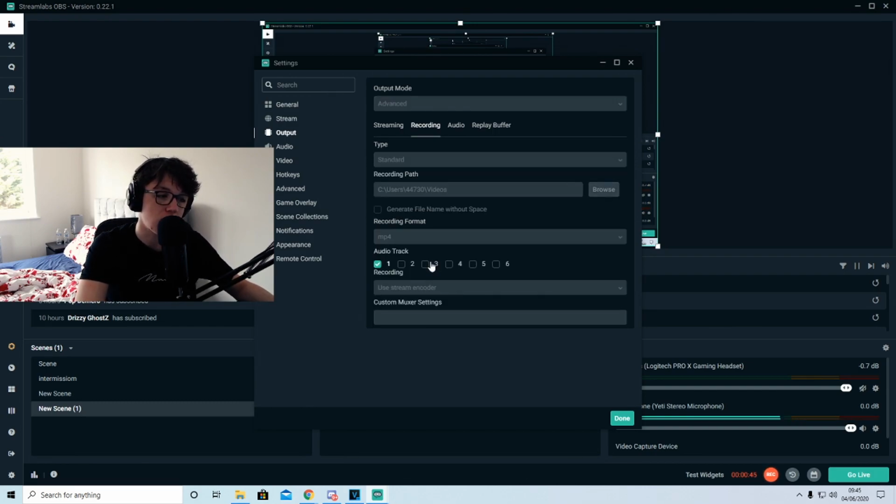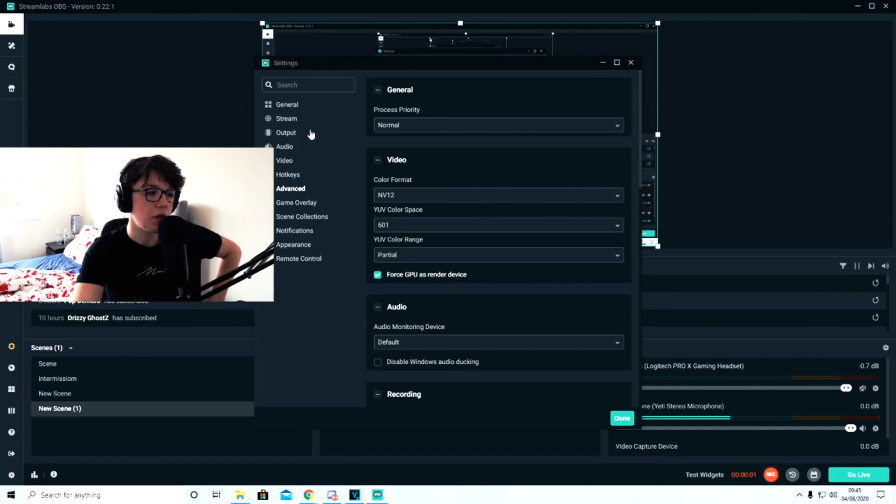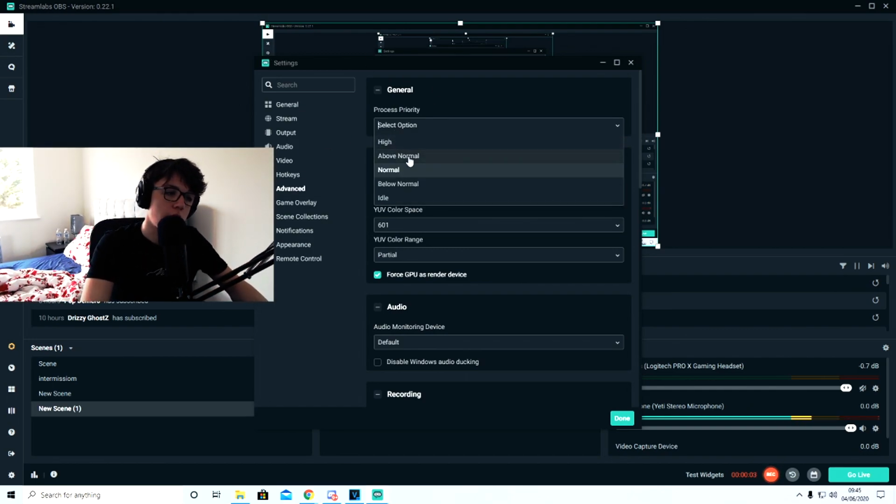I personally would suggest it. But yeah, apart from that, you want to make sure you click the audio track 1, and let's go straight into the audio tab. But here we are on the advanced tab, and my process priority, I normally chuck it on